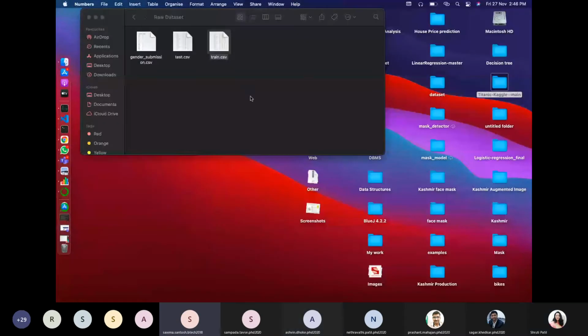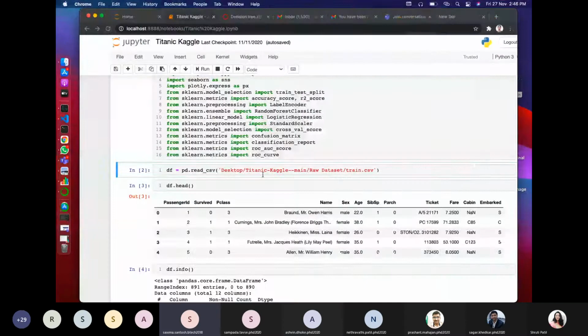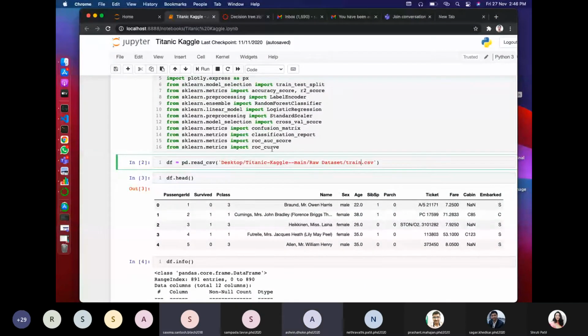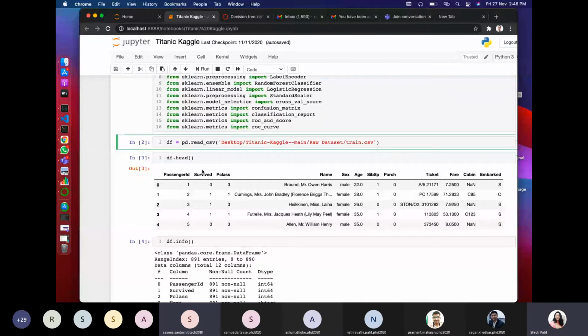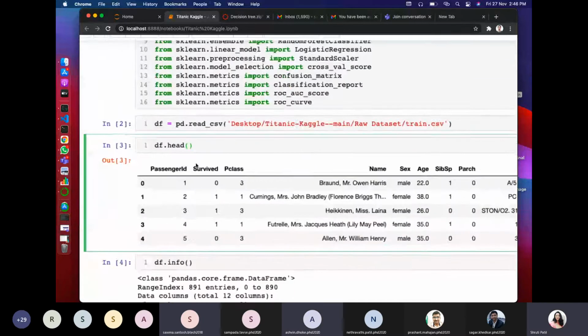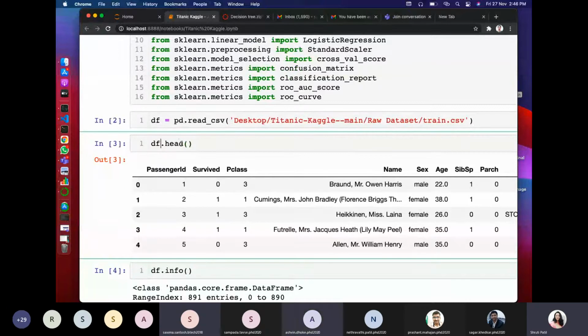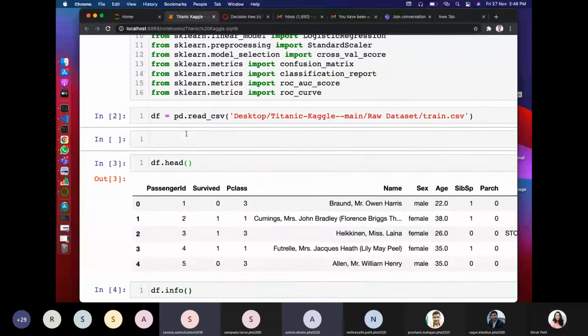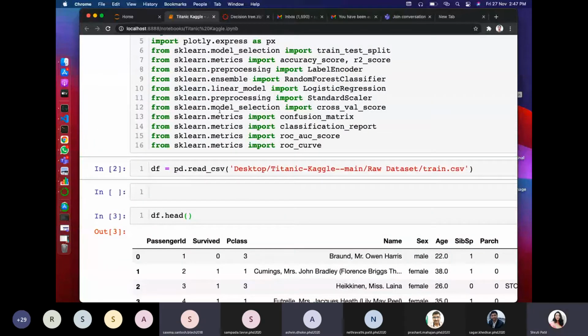The path goes from the desktop to this folder, from the raw dataset to train.csv. So this data frame is loaded. What I am doing here is data frame.head, so I am reading the first rows of the data frame. Let me just run it and show you.